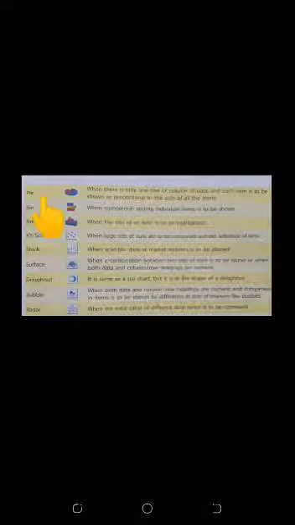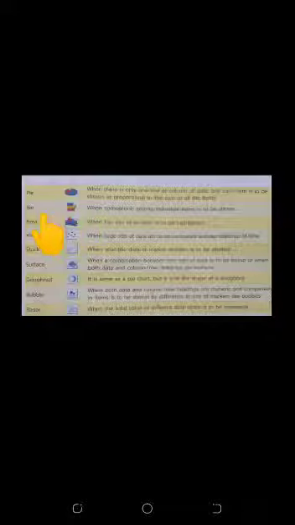Next, pie chart. It represents in the circle format when there is only one row or column of data and each item is to be shown as proportional to the sum of all the items. When there is only one row or column of data and you want to represent in the chart format, then we will use the pie chart. It can represent very easily.